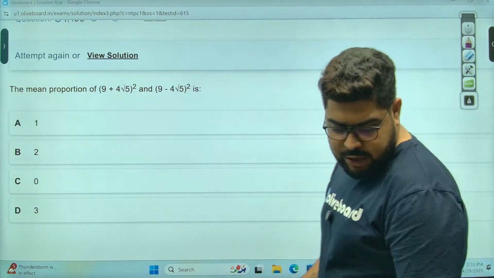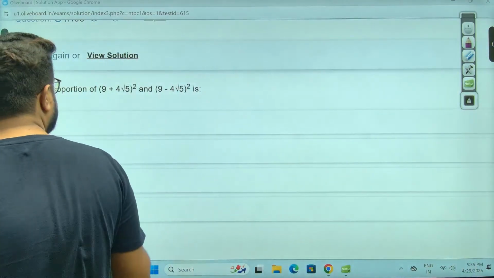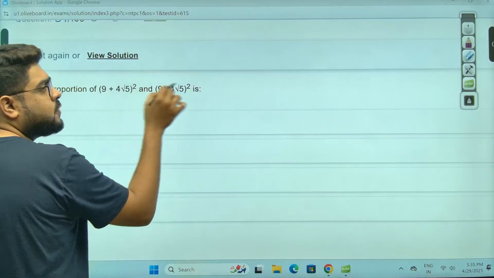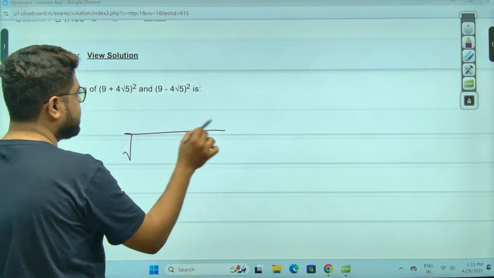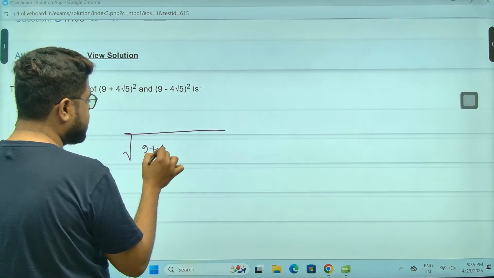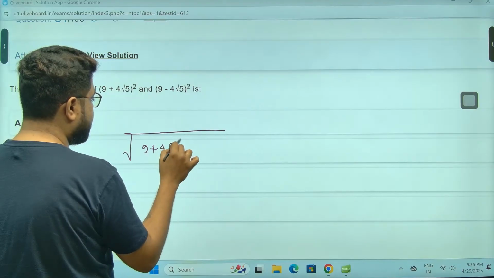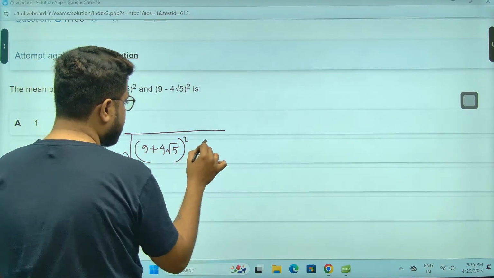Mean proportional of this, sir. Sir, mean proportional of anything is root over of AB. So root over of this. 9 plus 4 root 5 whole square into, sorry,